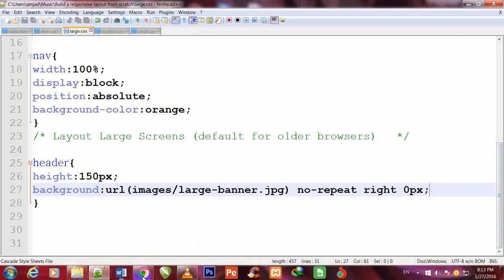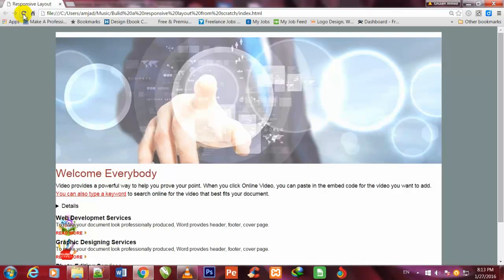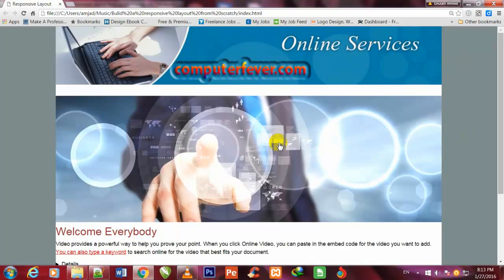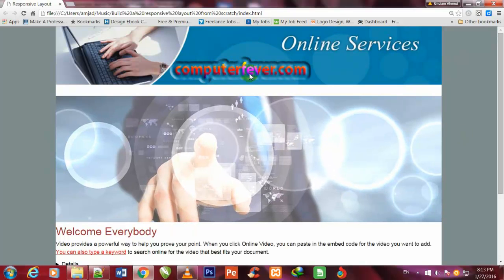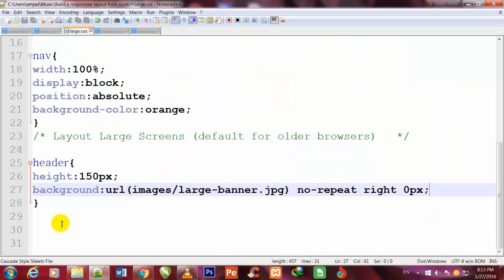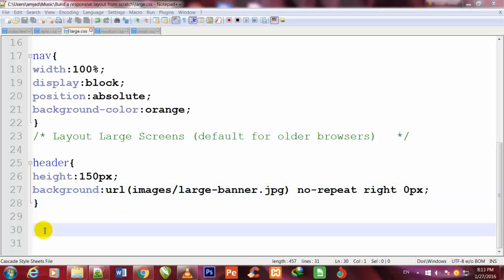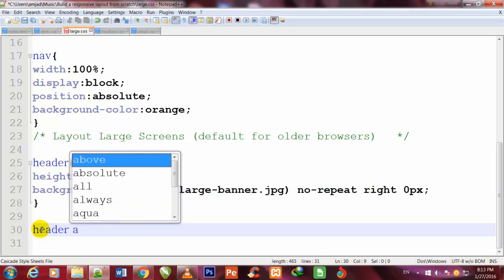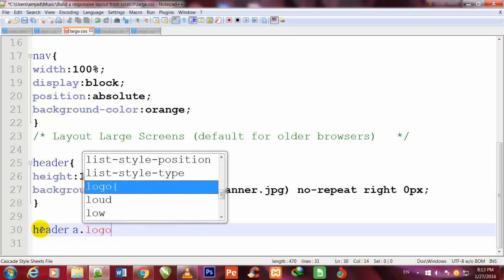So now friend, I go to my Chrome browser and refresh this page. So friend, you see that this header image is showing here, but still there is a space between our main image and the header image. So I come back here, so friend, now I call the header a dot logo class,